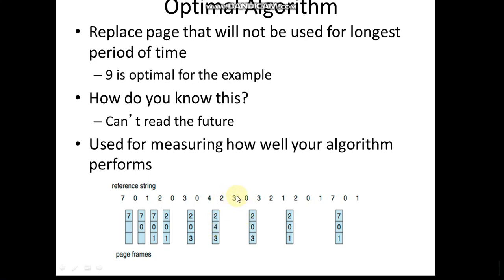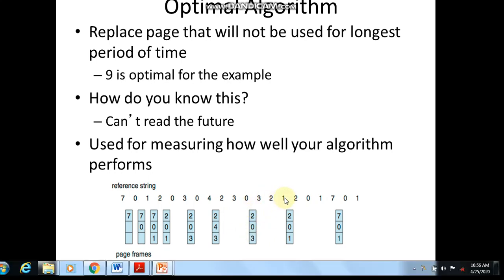Next we have requests for 2, 3. After 4, the request has arrived for 2, 3. They are already there, not causing any page fault. And after that the request for 0 has come. So among 2, 4, 3, which has to be replaced? 3 is an immediate request, 2 is the next request. So 4 is not present in the entire reference string in the future. So 4 has to be replaced by the new request, that is 0. So now the current status is 2, 0, 3. Then 3, 2 are available, not causing any page faults.